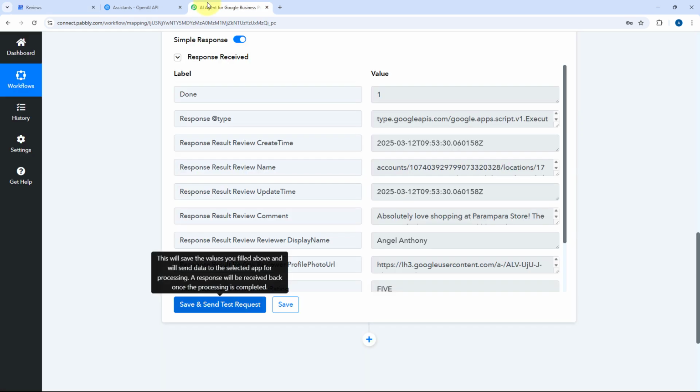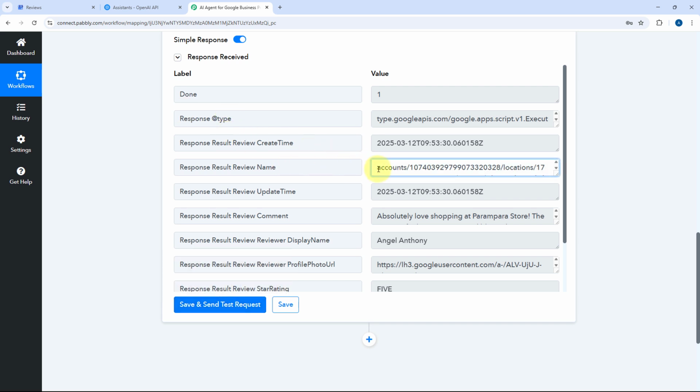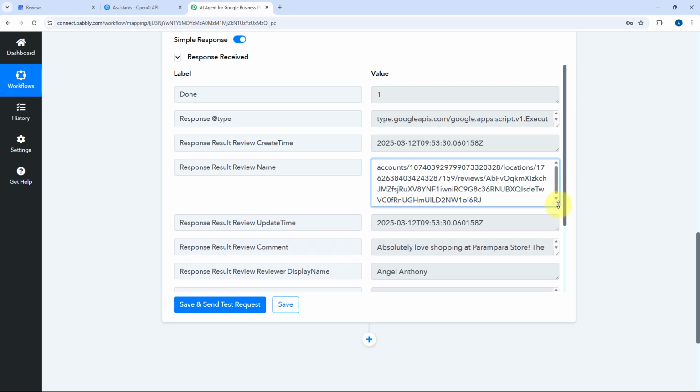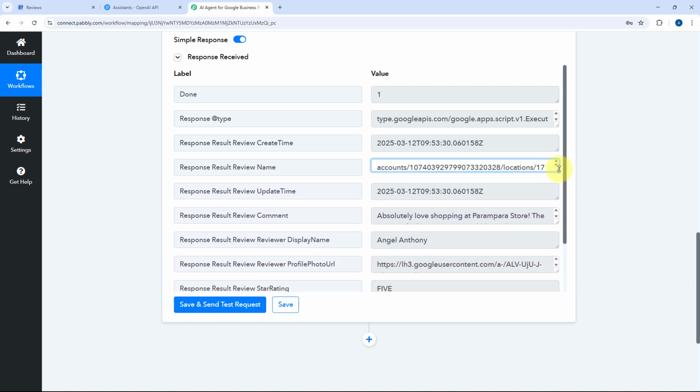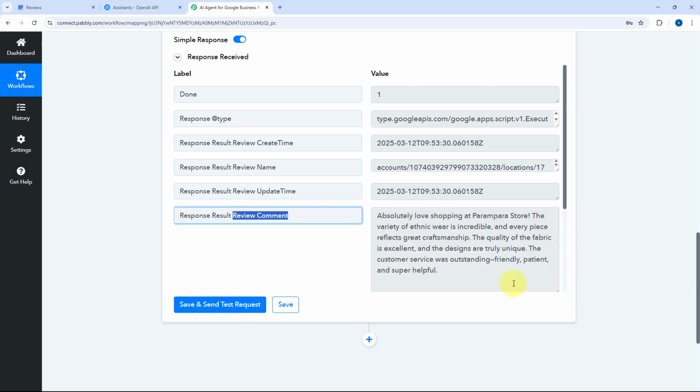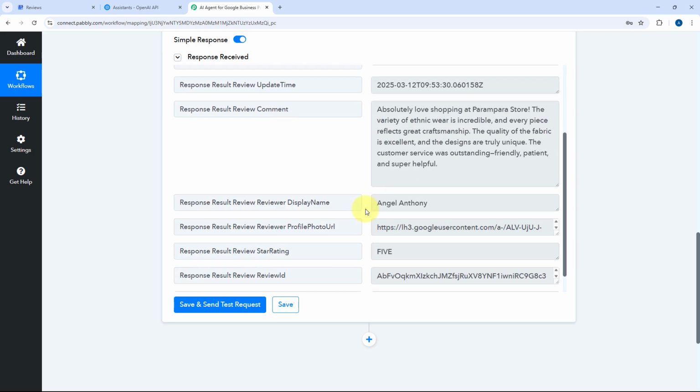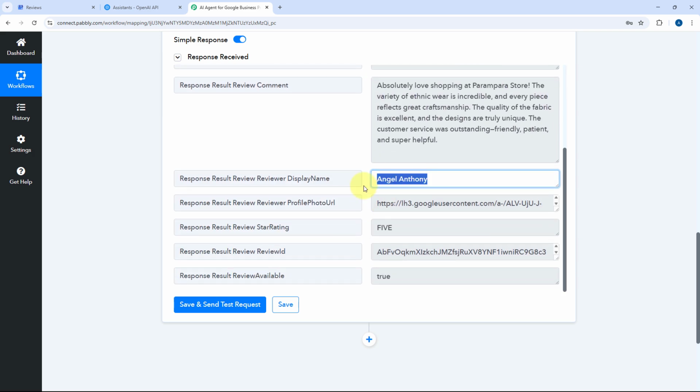And here in our Pabbly Connect workflow as well, you can see that we have received the name of the review. This is the unique review name, unique review ID, which we are going to use later on while posting the reply. Then after that, we have the date and time, that is the date and time at which this review was updated last. Then here you can see that in front of review comment, we have the actual comment, the actual message which was posted by the user. Then we have the name of the person who has posted this review, and we also have the star rating over here. So in this way, we have successfully received or fetched the unreplied reviews from our Google business profile